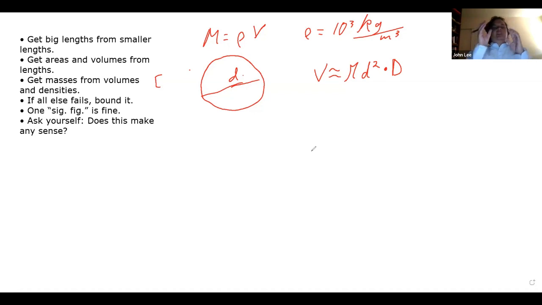So it's going to be the volume of the outer radius of the sphere minus the volume of the inner radius of the sphere. But because this little d, this diameter of the sphere, is so much smaller than the depth of the oceans, it's going to basically